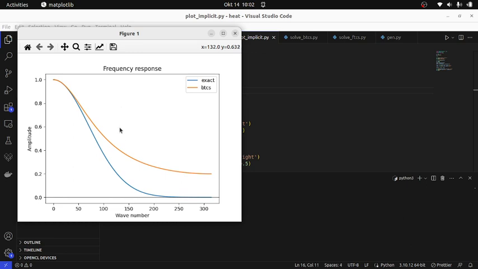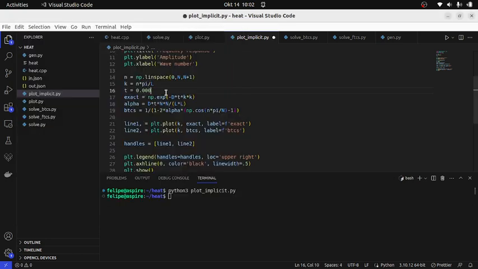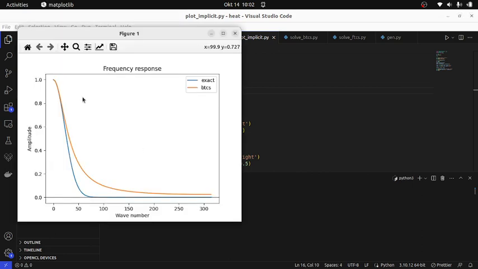So you can imagine that when we take the nth power of this curve, we take several time steps, it will become closer and closer to the exact one. And the nice thing is that we can just take much larger time steps, for example 10 times that time step, and it will still be between 0 and 1. The overestimation now is much larger, but you can see